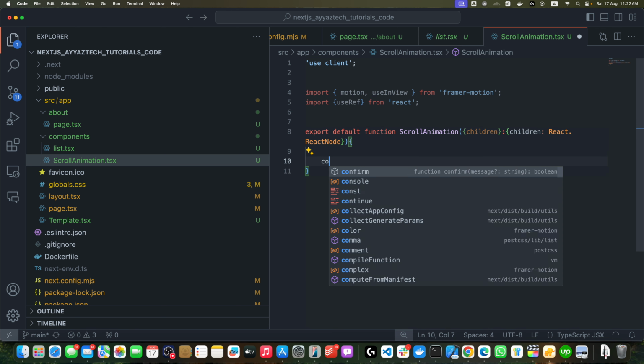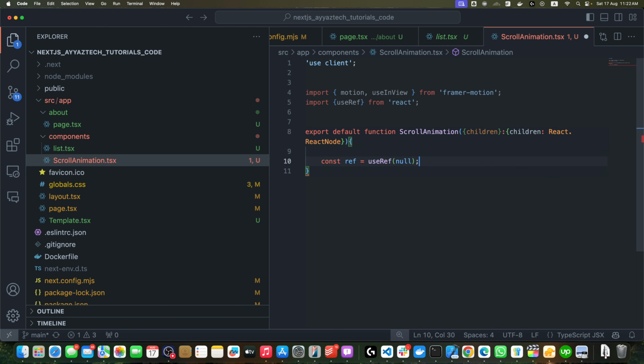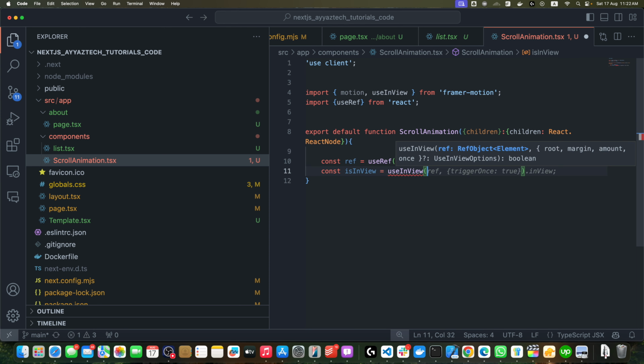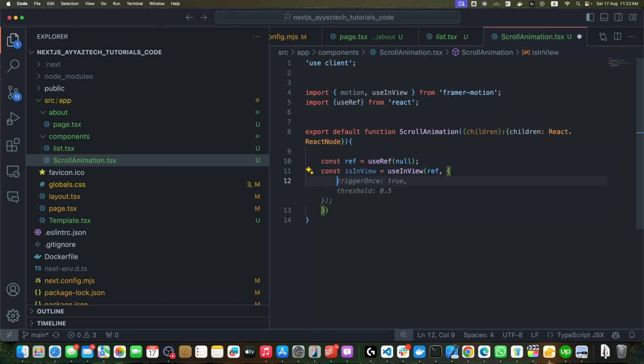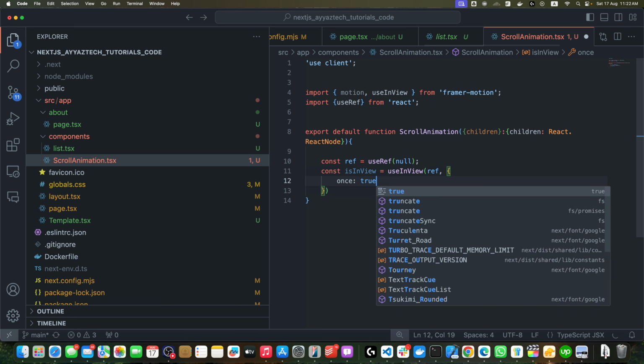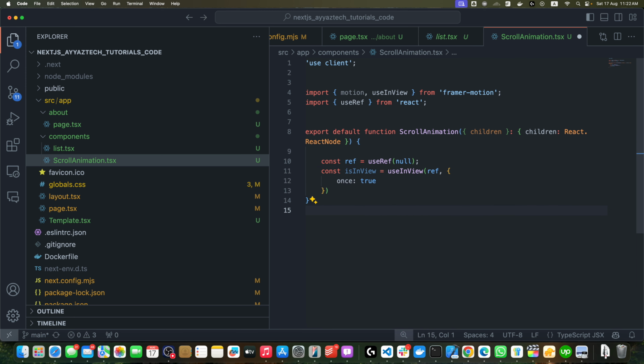Now first we need to create a constant: ref is equal to useRef, and then we need to create a constant isInView is equal to useInView, and pass it the ref that we just created, and pass it an object as the second argument, and I will pass once is equal to true. Okay, save it. Now after that we will simply return motion.div, and between the motion.div I will add this element